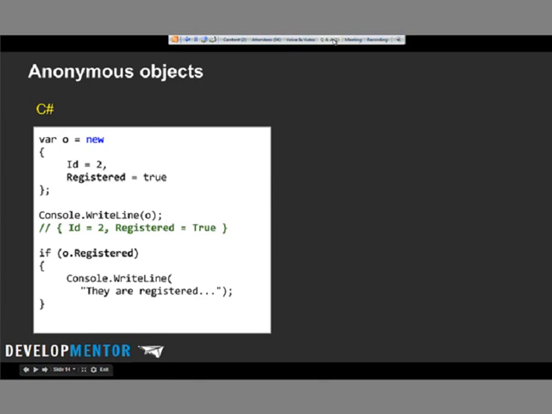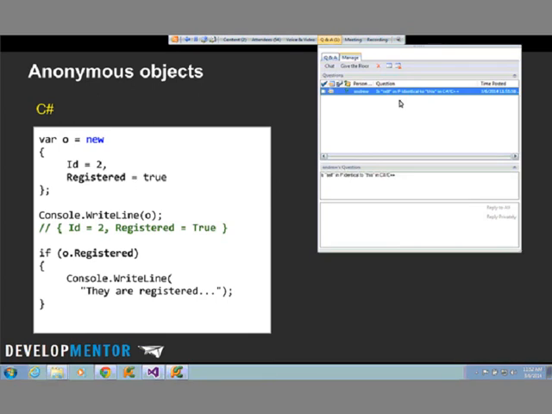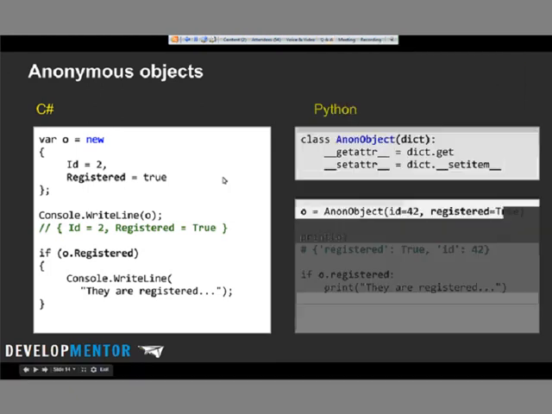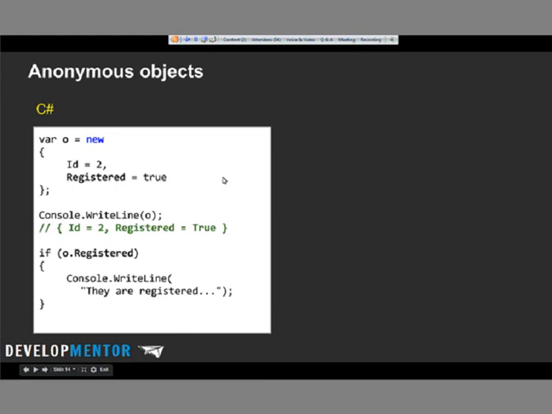Let's see. Is self in Python identical to this? Yes, self is this in C#. Absolutely. Okay, next one, anonymous types. So anonymous types are pretty awesome. They let you work with sort of projections from databases and transformations of objects without the need to go and create new types, right?